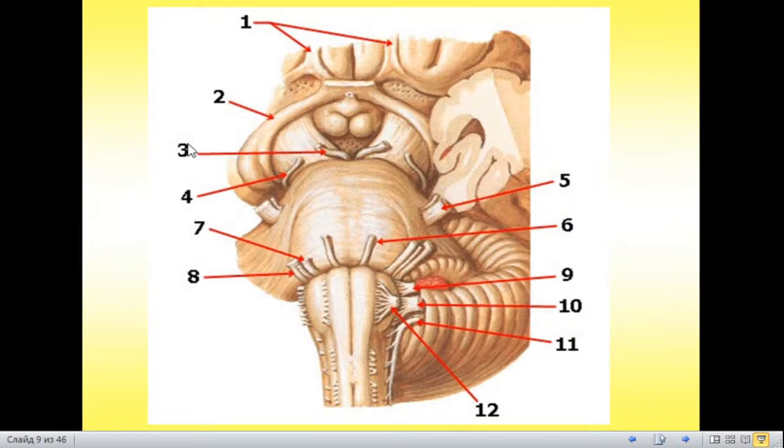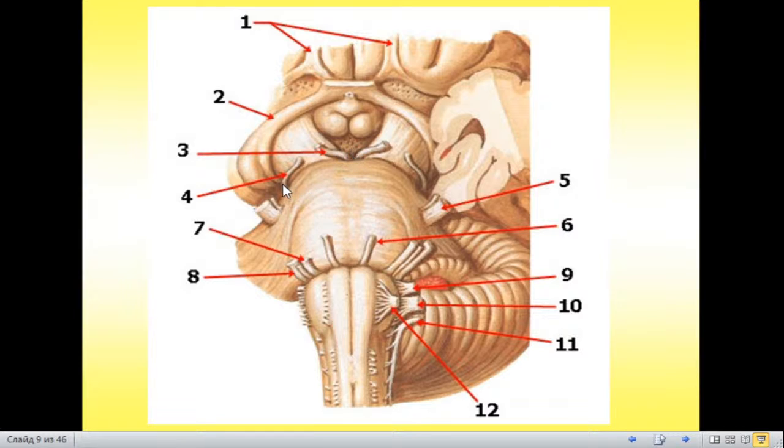Third cranial nerve, or oculomotor nerve, its root is found at the medial surface of the cerebral peduncle in sulcus oculomotorius, or also we can describe this place as the interpeduncular fossa. It is in between the right and left